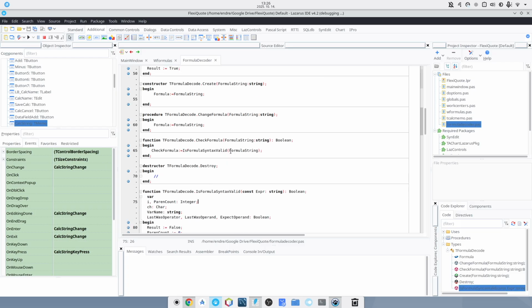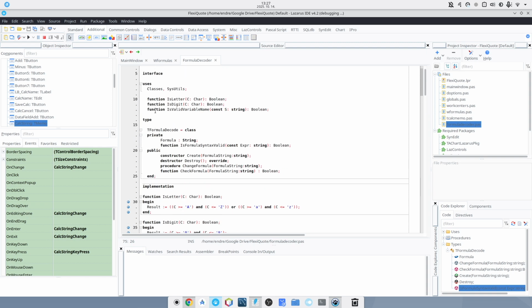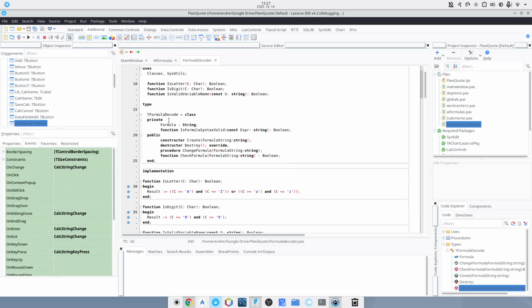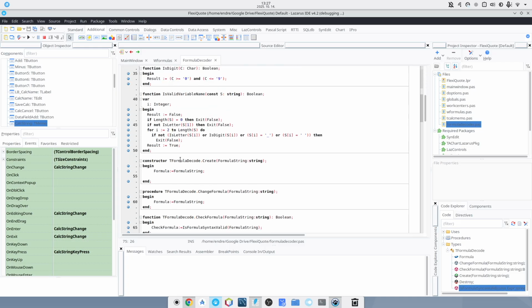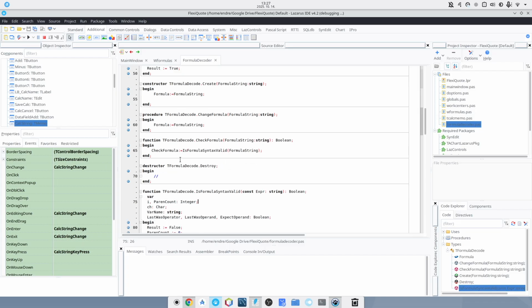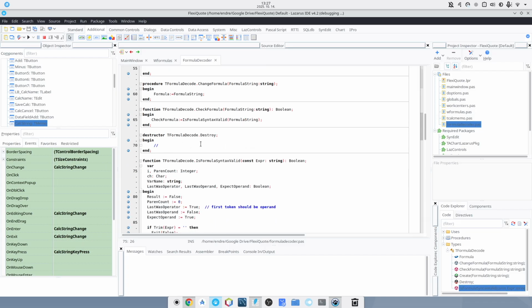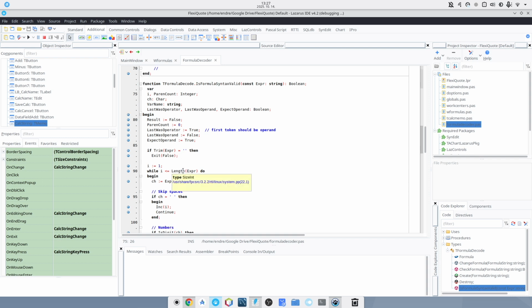Okay, so when this formula decoder is created, then a formula string is applied for the inner formula variable. So here I have a string which is containing the original formula, and then I can start to do the checking. So I have this function which is a public function, and this is called when I want to check the formula, and here I have the formula checking